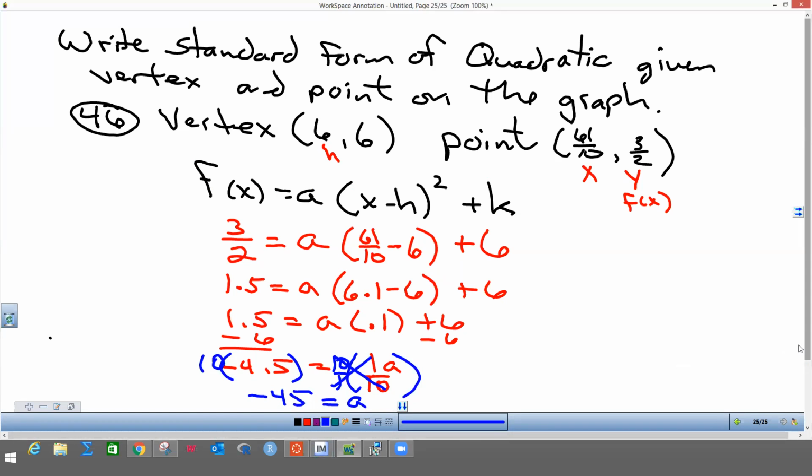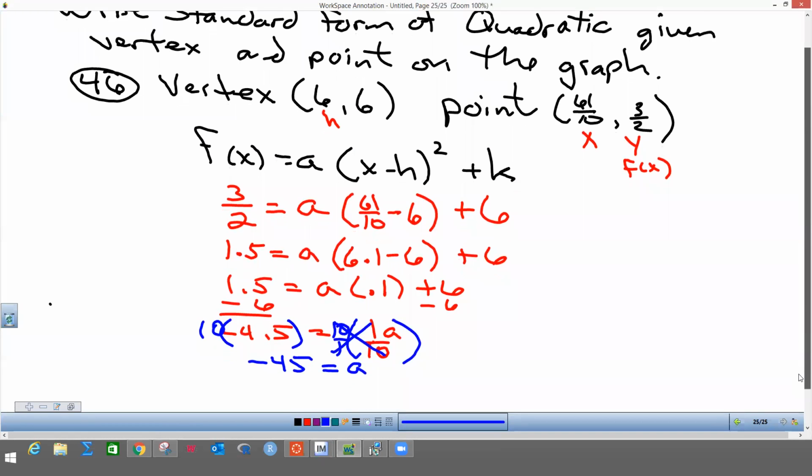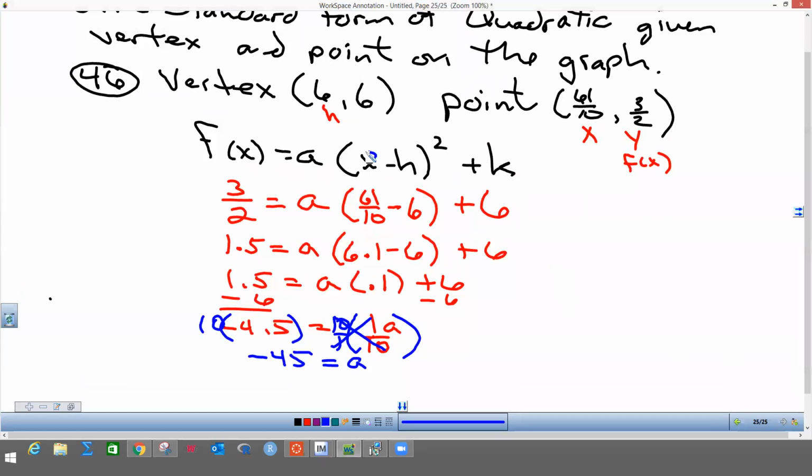So now I can write my standard form, because in your standard form, the x and the f of x always stay that. So now we're going to plug everything else in that we have. So we get f of x equals, and now that negative 45 goes in for the a. I keep this x, and then I plug in my vertex, my h, k again down here. So I get x minus 6